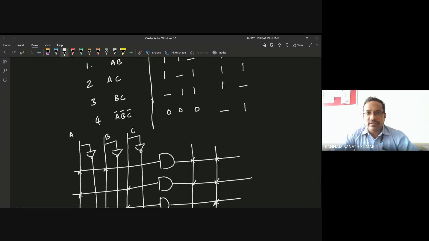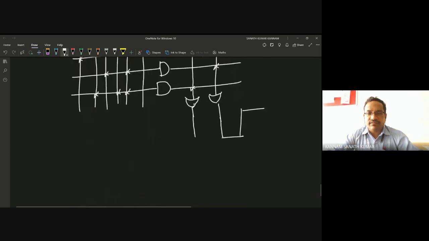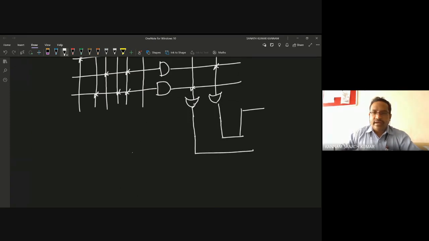So you are taking the complement for F1 and the true form for F2. So again it is given to the XOR gate. So this is F1 and this is F2. So you are getting F1 bar. Okay. So again it is given as one input to the XOR gate. Okay. So one more input is given.